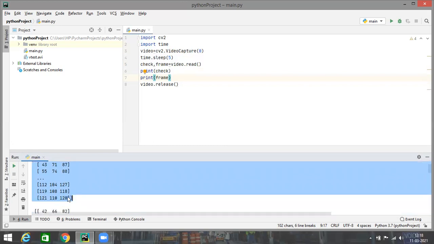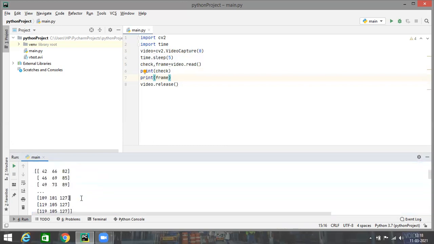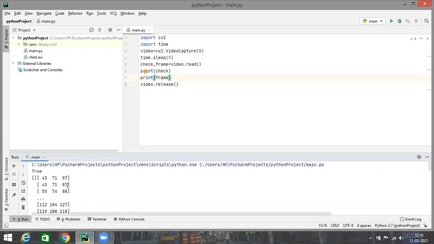Also, the light of my webcam was on for a duration of 5 seconds, and after those 5 seconds the webcam automatically turned off. It cannot be seen in this video because I would have to record from outside, and it is just the screen being recorded. But when you run the script on your computer, you will be able to see that the light for the webcam will be on for 5 seconds.